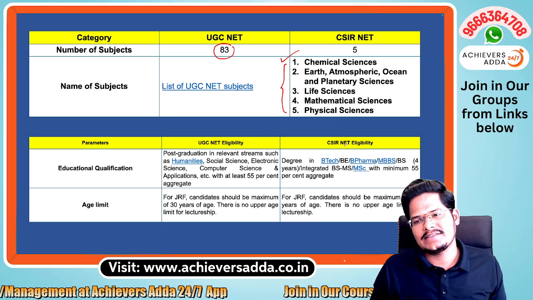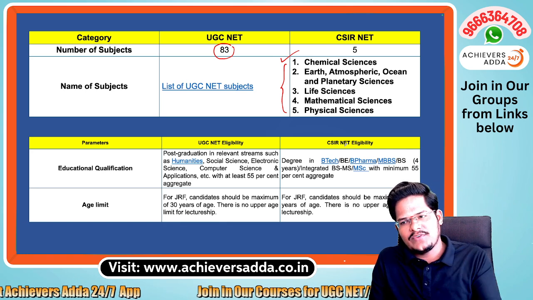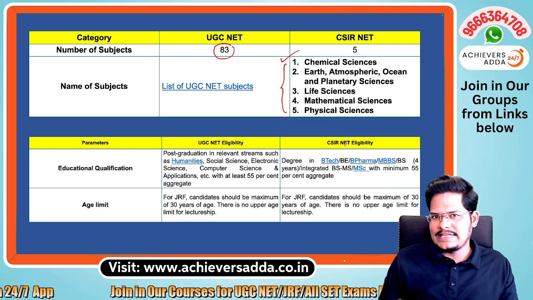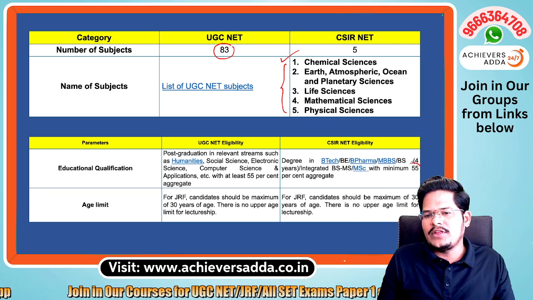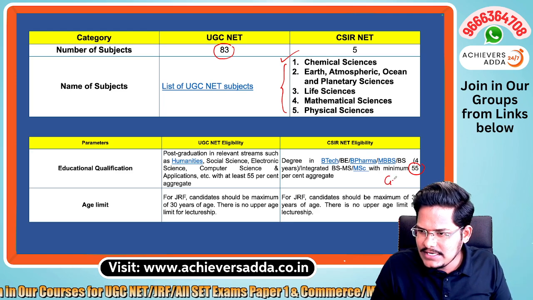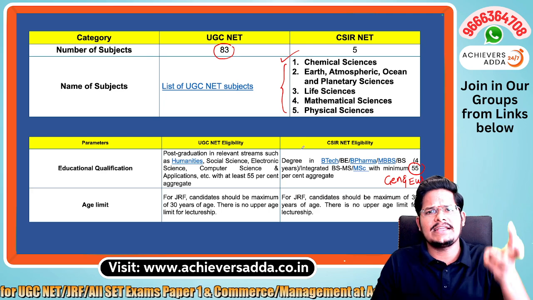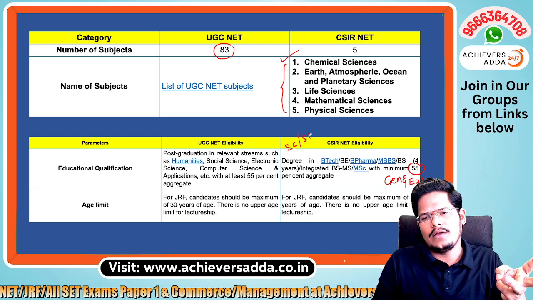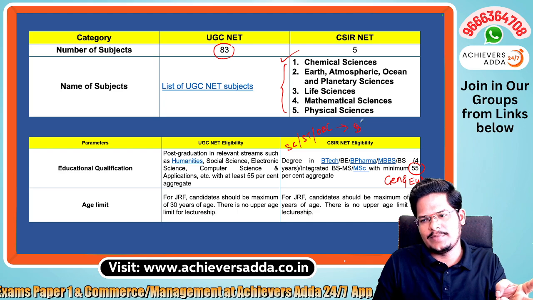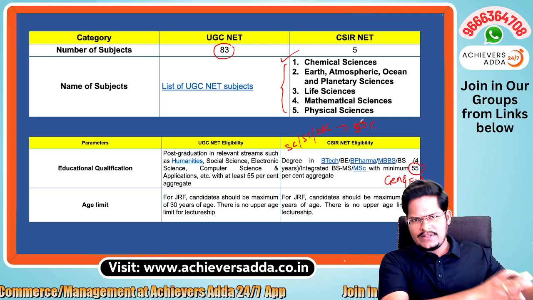And for CSIR, in your post graduation, or the BTech, BE, B Pharma, MBBS, wherever it is a 4 years degree or an integrated science degree, you need a minimum of 55 percentage for the general and EWS category. General and EWS, this is the same. And for the reserved categories, SC, ST, OBC and PWD, it will be 50 percentage only in your post graduation, minimum you need to get that. Even for the UGC NET also it is the same.